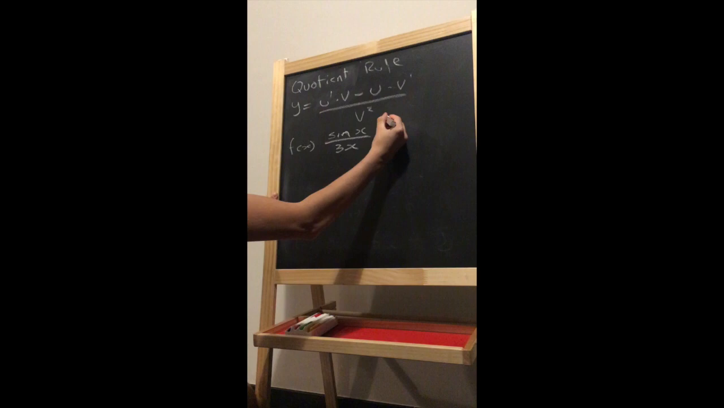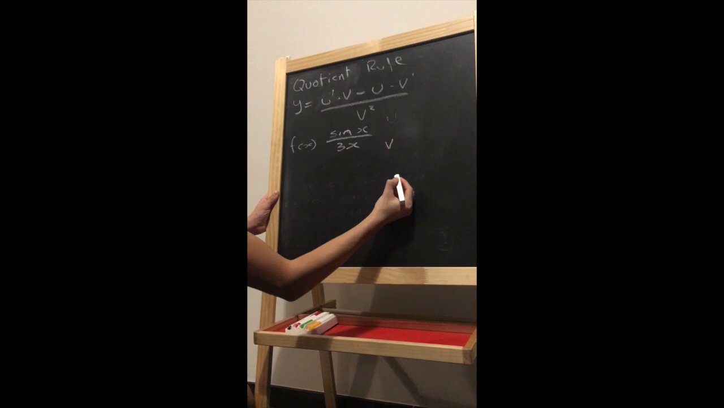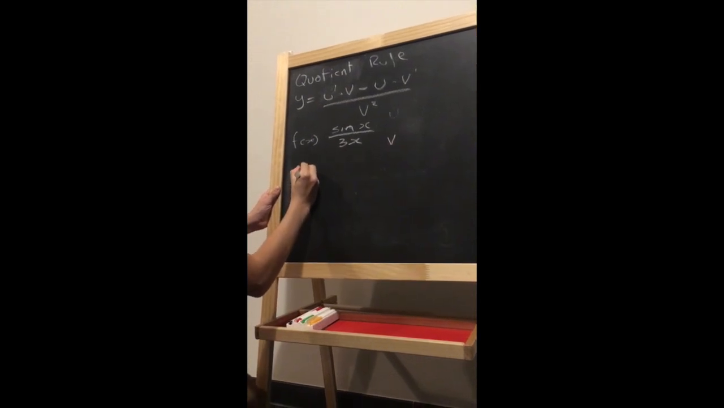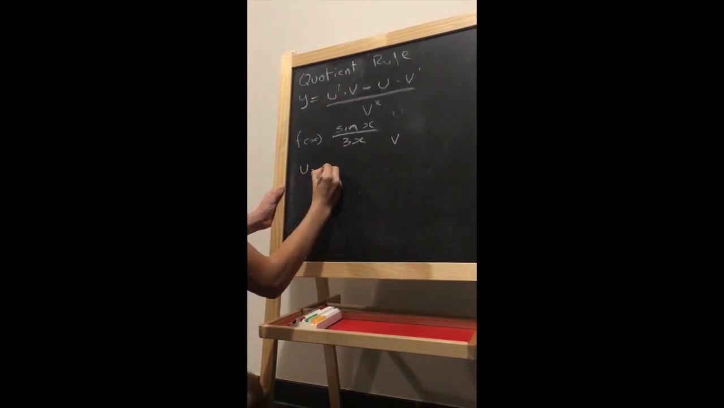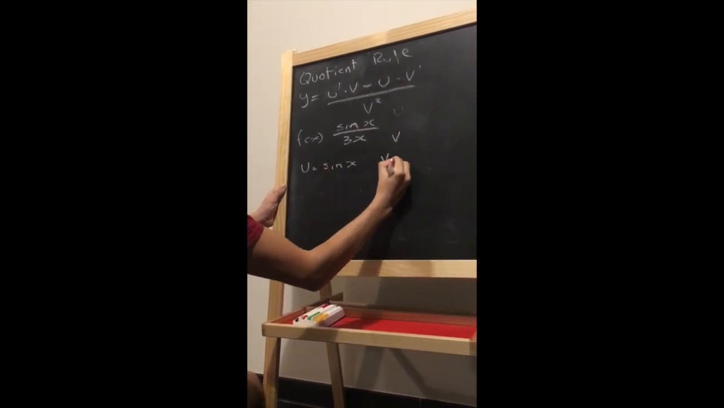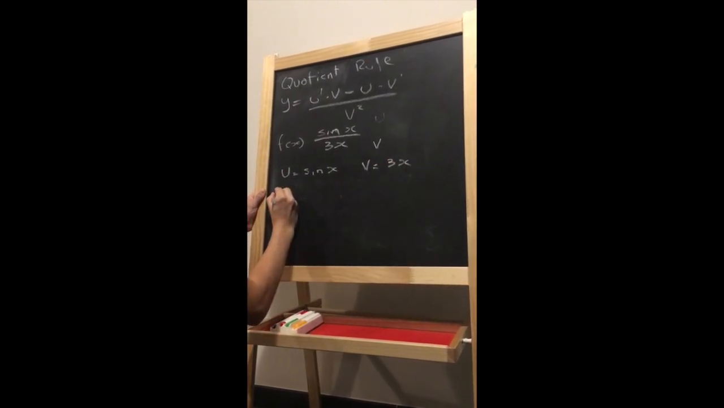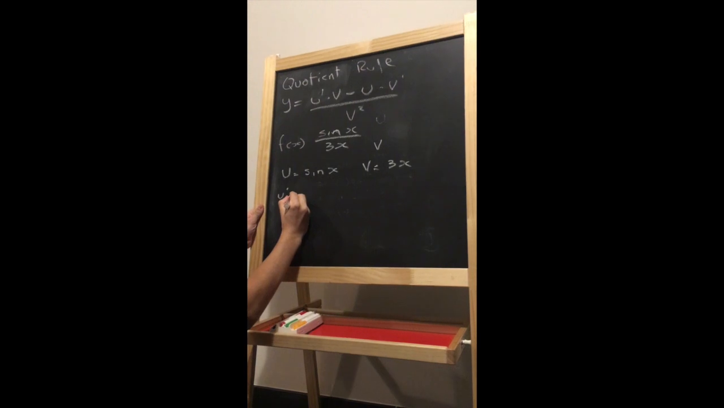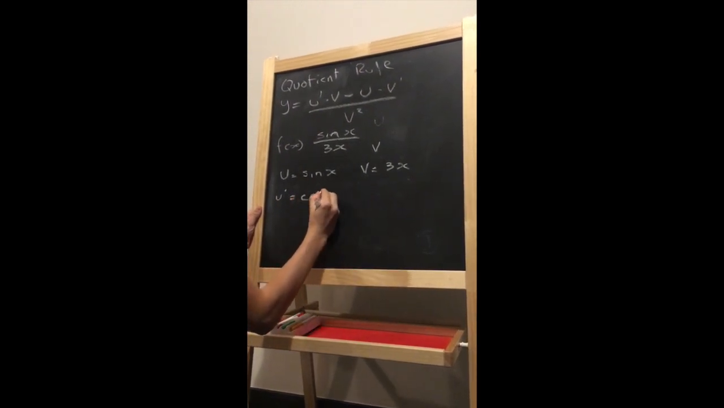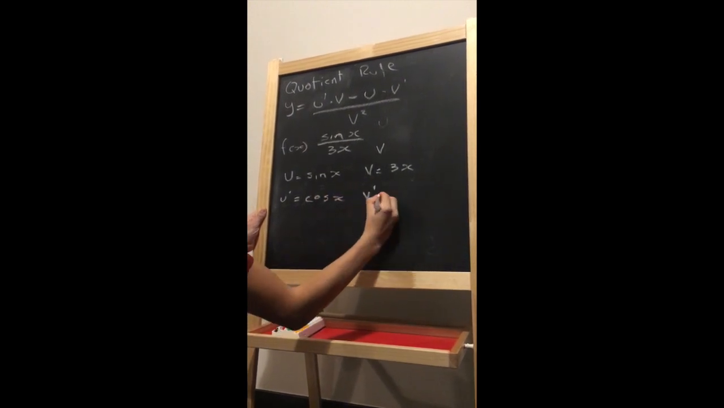In this case, sine of x divided by 3x. Therefore, u would be whatever is on the top, and v would be whatever is on the bottom. An easy way to use the quotient rule is to break down the question like I'm doing here, putting u and v, and now find each derivative. We know, using trig identities, that the derivative of sine of x is cosine of x. And using the power rule from a few minutes ago, we know that v, 3x, has derivative